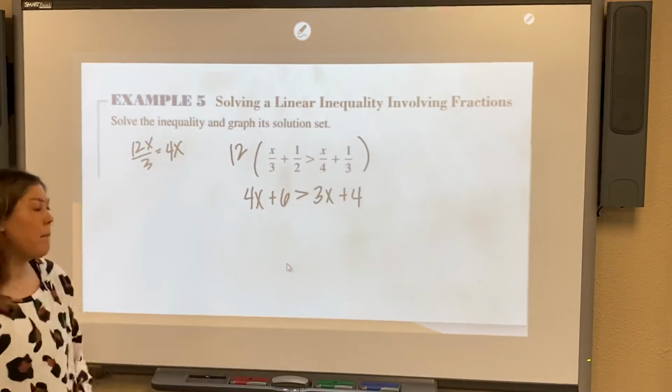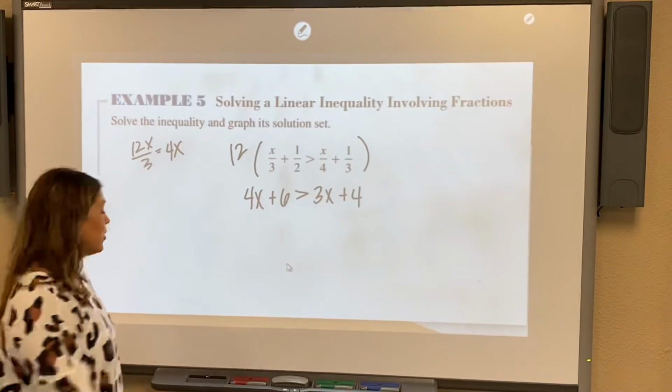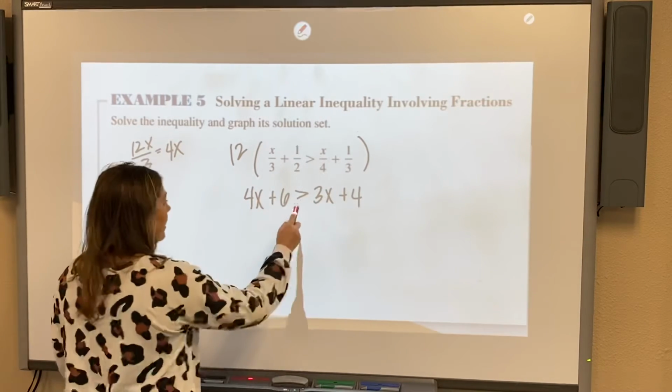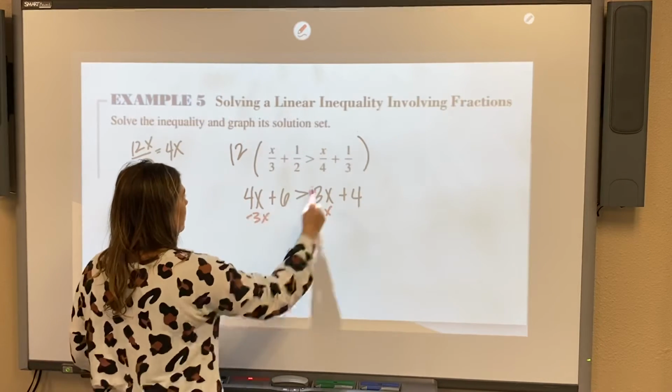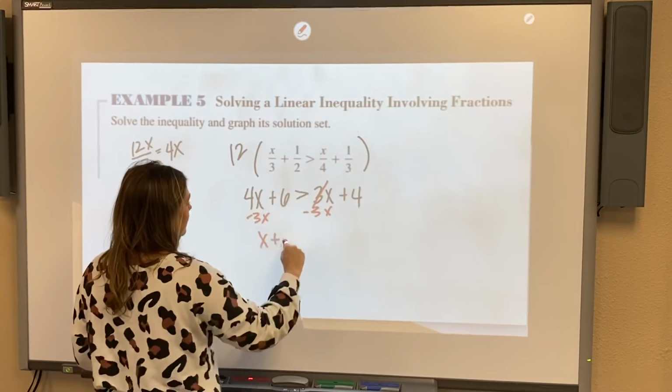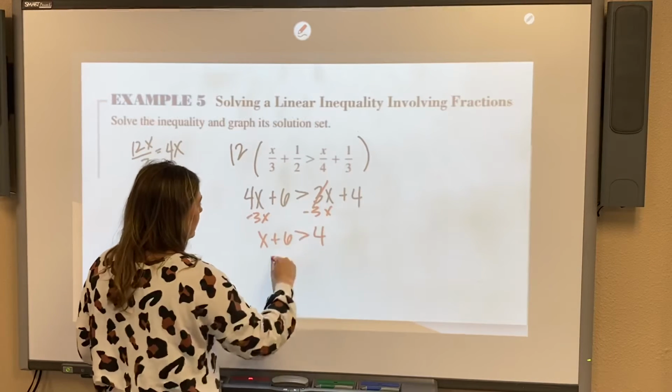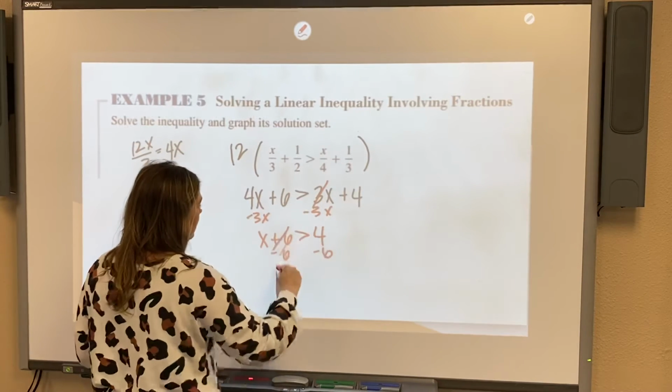Okay, so look, beautiful numbers. So now we just gotta simplify. And I'm gonna move my 3x first. Cancel, so we have x plus 6 is greater than 4. Subtract 6, okay, x is